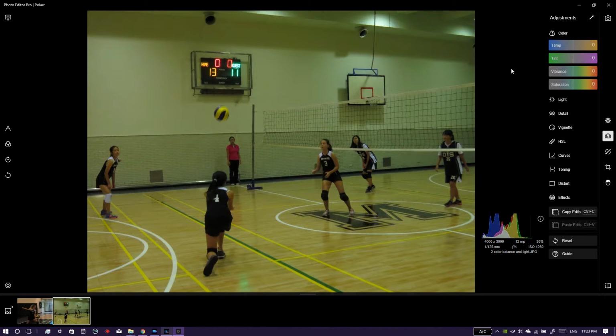You play around with this until your photo looks okay. I can see that my wall is looking kind of green here, so I have to move the slider away from the green